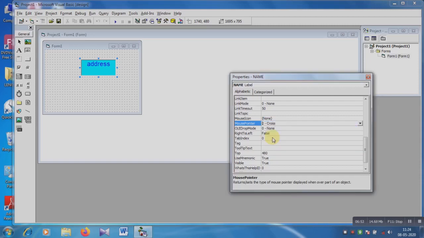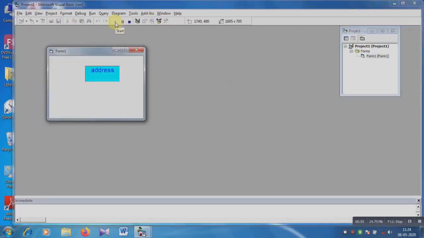Suppose I am choosing the cross. Then when I run this program and place the mouse cursor on the label, see, my mouse pointer changed to the cross sign. Okay, in this way this option works.